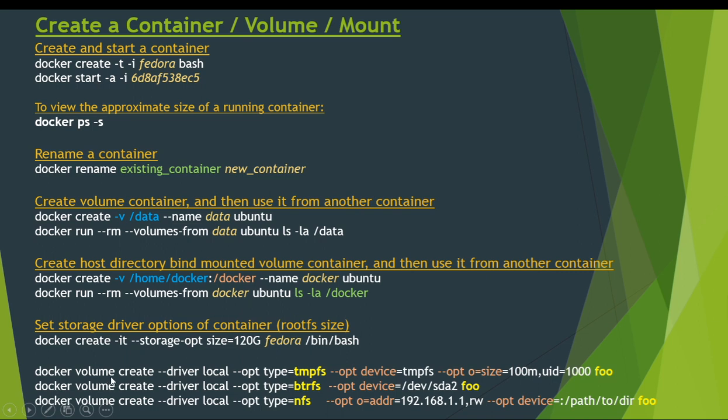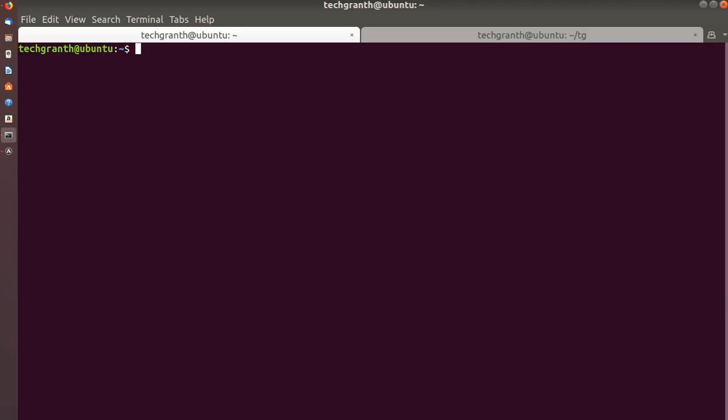And we can also create drivers by giving this option as type tmpfs, btrfs and nfs, and with all these options. Okay, so let's go to a terminal and check how all these commands work.